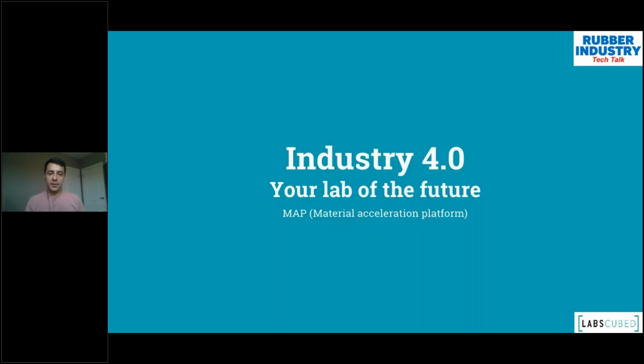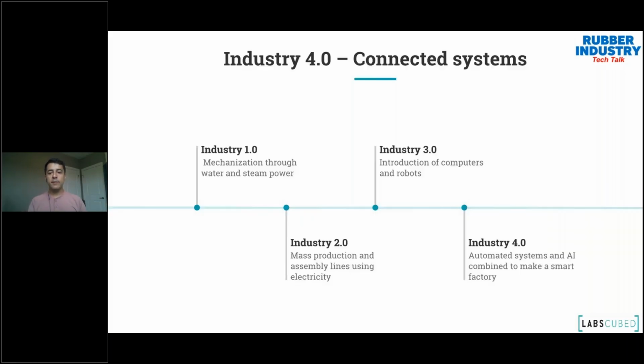So let's put it all together, which is Industry 4.0 or the lab of the future concept. Everyone thinks of Industry 4.0 as computers and robotics, but it really isn't. It's taking computers and robotics and giving them an intelligent layer, meaning they can make decisions. A quick example is a fully automated manufacturing plant that takes into account the humidity and temperature, and maybe final testing in the quality lab, to slightly change the mix or the ingredients going in, to keep getting really consistent, great output material. That's where you get to Industry 4.0.